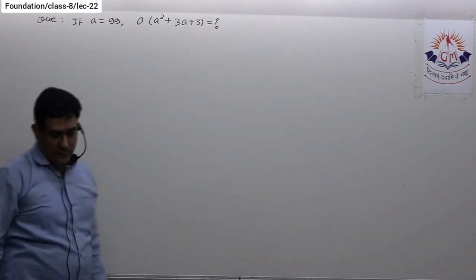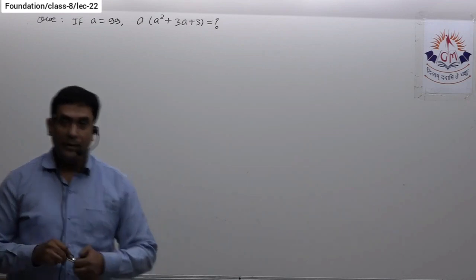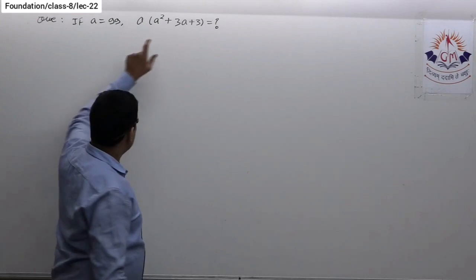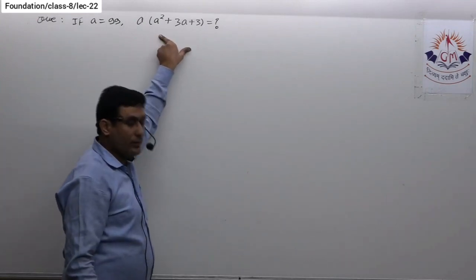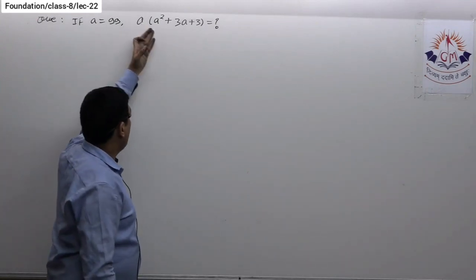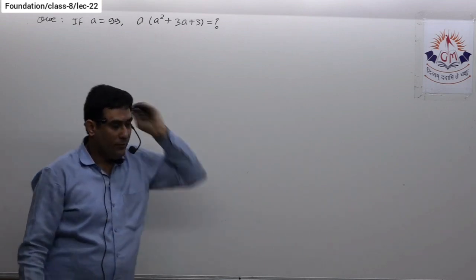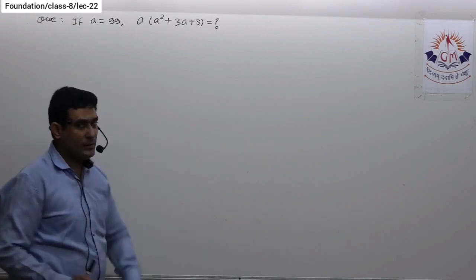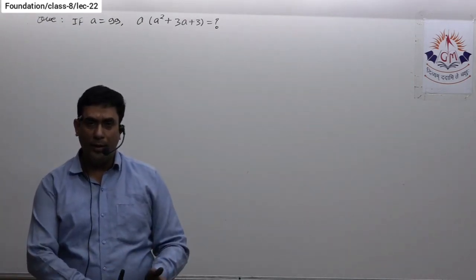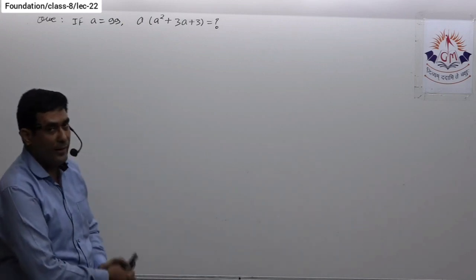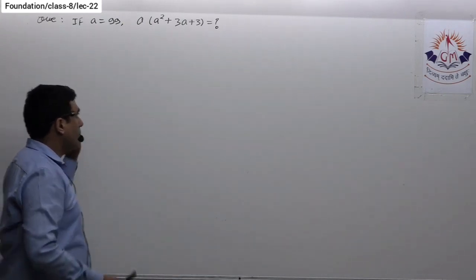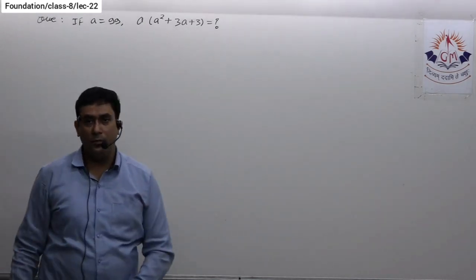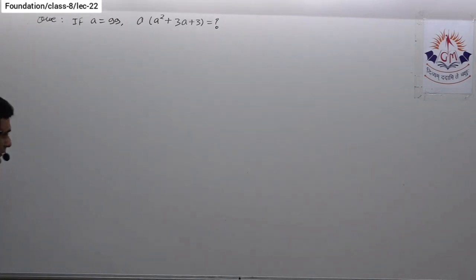A equal to 99. So the very first thing that should come to your mind is that you are not supposed to get the value of the given expression just by putting A equal to 99, because it is going to be time consuming. So you have to find a way to get the value of the given expression by converting it into a form of identity or some other simplified form. Think about how you can write this in a simplified form, and then how you'll get the value of the given expression.